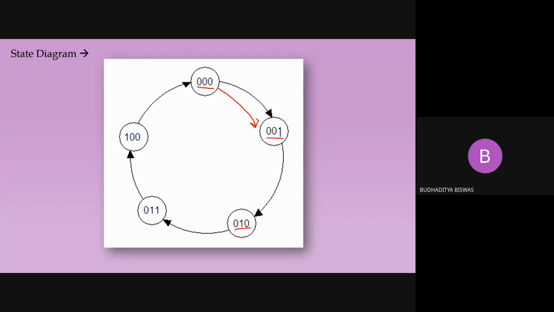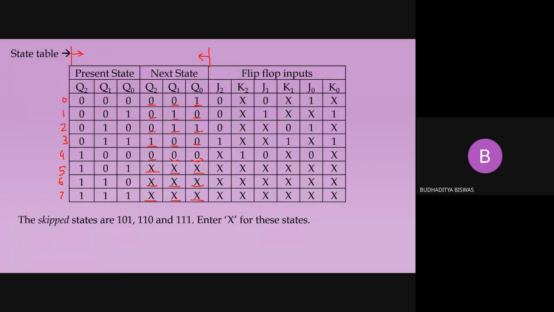So up to 4, no problems are there. But if the present state is 5, next state may be anything, because it is not shown here. The next state may be 0, 3, or 4, so we can call the next state a don't care condition. That's why for 5, 6 and 7, the next state may be anything. But we don't need to show it here, because we are actually using states 0 to 4. Now, the most important thing is how to fill up the flip-flop inputs. Up to the 6th column, I think everybody has cleared this idea.